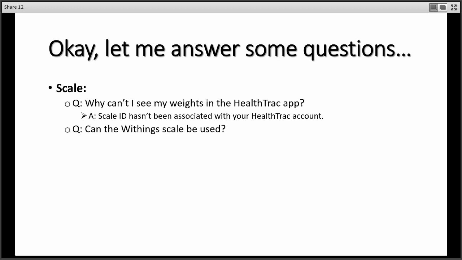So if that ID gets put in with one digit being wrong, then it isn't able to associate those weights with your account. There can be other issues that crop up on an individual basis, and if you ever have trouble with your scale bringing in, or Health Trac bringing in weights from your scale, just reach out to us, and we should be able to very quickly problem solve that.